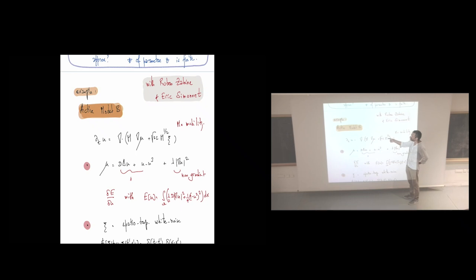So we're going to look at what's called Active Model B. This is within the realm of these studies by Mike Cates and Julien Tailleur and others, where they reproduce the Ginzburg-Landau type analysis of phase transitions for non-equilibrium. So with Ginzburg-Landau, essentially you postulate a free energy based on symmetry. Here, because it's non-equilibrium, you need to postulate the dynamics. Okay, and so what you recognize here is Cahn-Hilliard, where this is the mobility and this is the chemical potential,